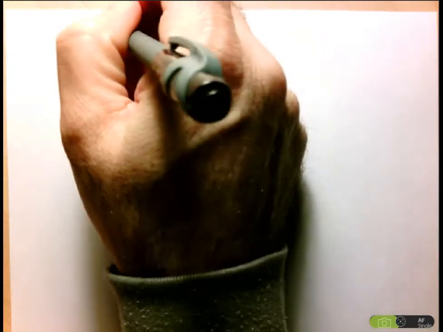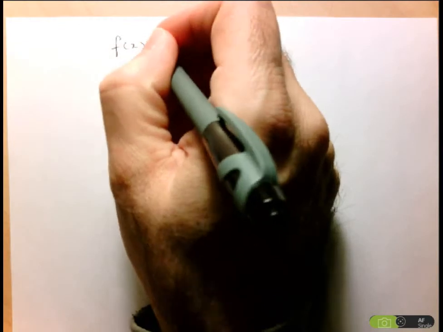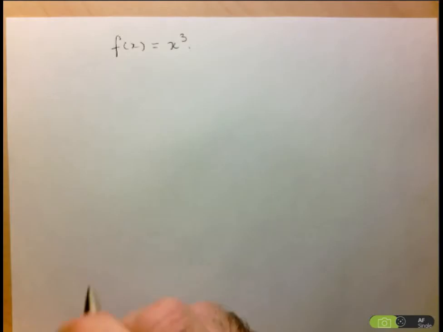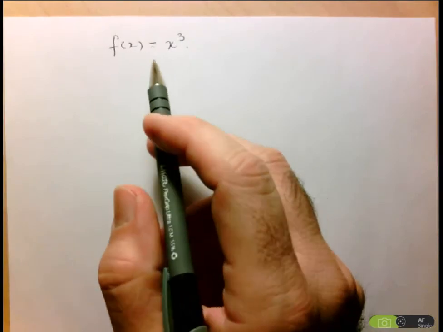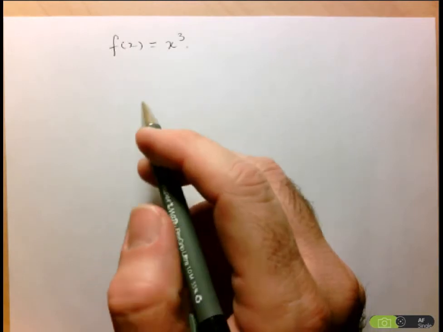Hi folks, we're going to review this idea of transforming functions right now. I'm going to start off with a fairly easy one that we've worked with. So say we take f of x equals x cubed. Now, in the past, if you wanted to see what the shape of this graph would be, the only option really